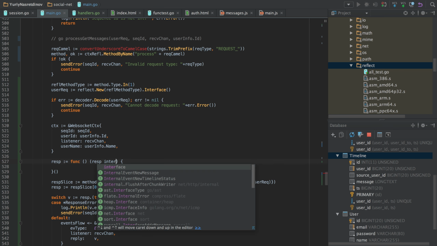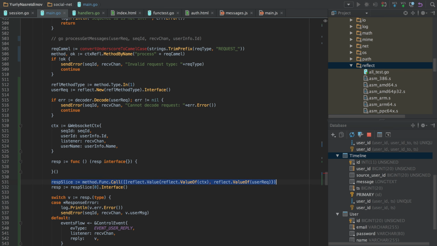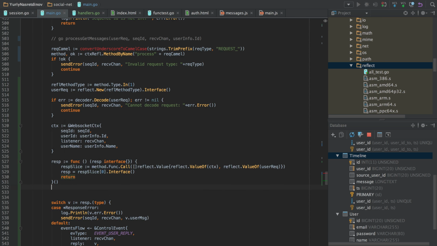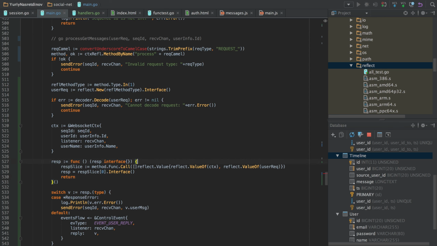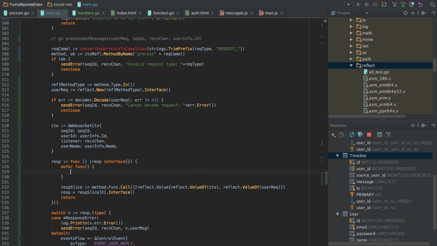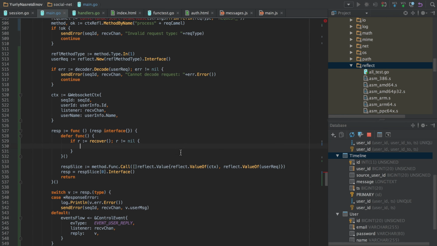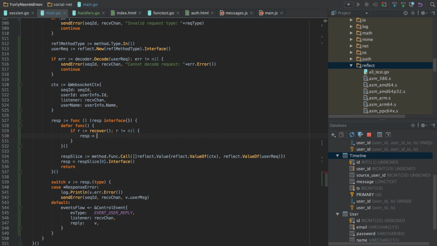But there is one small issue, that our callback could panic, so we need to put it into a goroutine, not a goroutine, but a separate function, and write the defer func with recover, so that we could return something in case of handler panic, and not exit the goroutine and even the application itself.